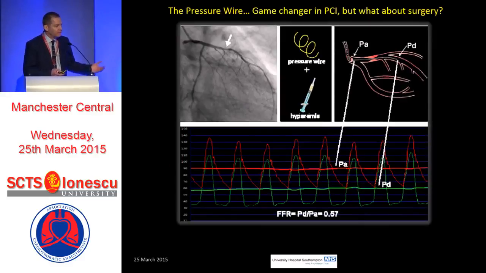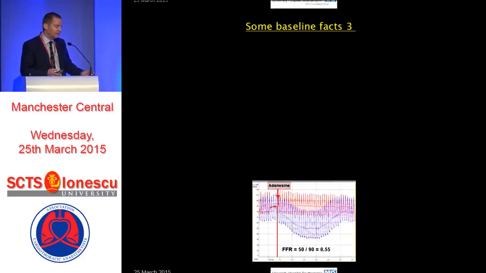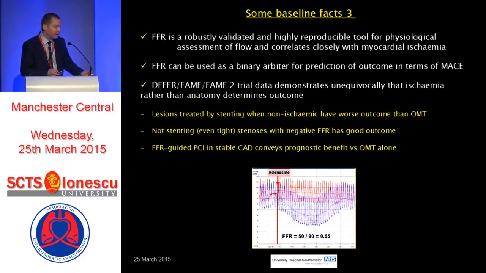And in the field of interventional cardiology, the pressure wire has now become a very useful way, in fact a game-changing way, of deciding for the patient which lesion is ischemic and therefore which one benefits from revascularization. But that hasn't caught on quite so much in surgery. So FFR is robustly validated, highly reproducible, and an excellent tool to determine whether a lesion is causing ischemia. And it can therefore be used as a sort of artificial binary arbiter for prediction of outcome in terms of